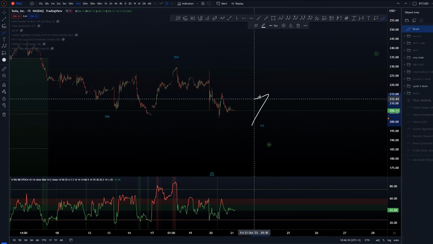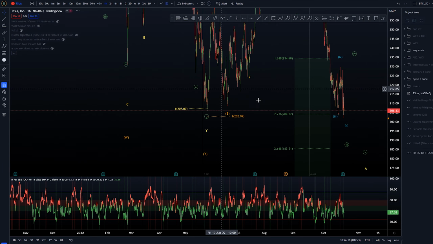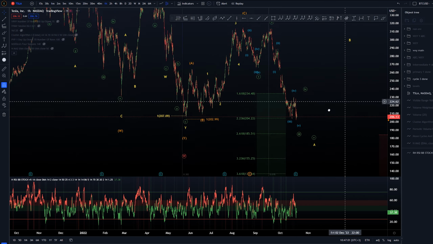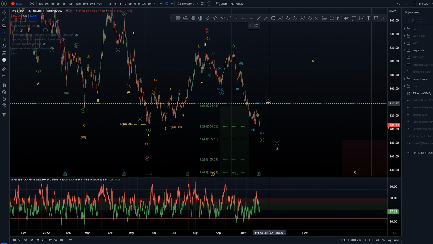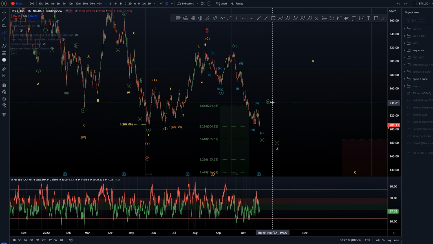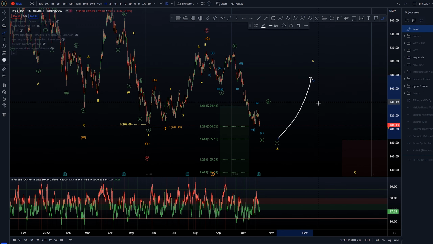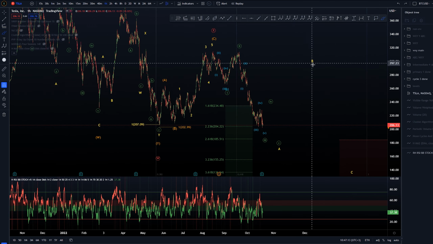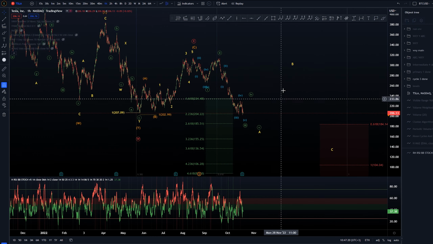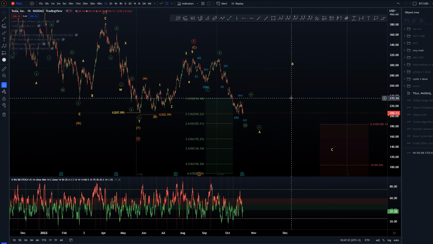Taking out these lows, then we could be looking for upwards for that possible wave 4. But yeah, that is the plan at the moment, looking for this fourth, and then again higher time frame wave 5 coming down of this minute count, completing the A wave before some kind of a rally up for that wave B. Again, B doesn't need to be this high, it could be all the way down here as well. It just depends on how that structure is going to be forming, and if we can get any kind of setup there, definitely would be